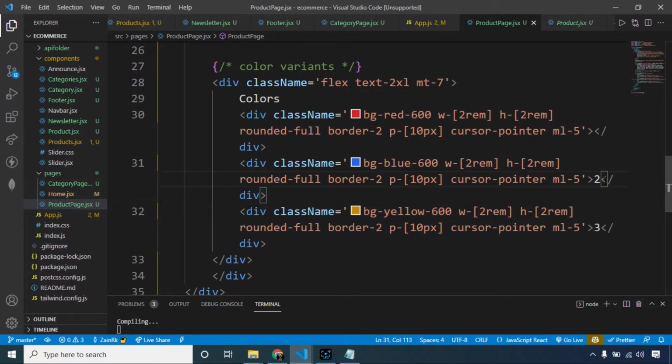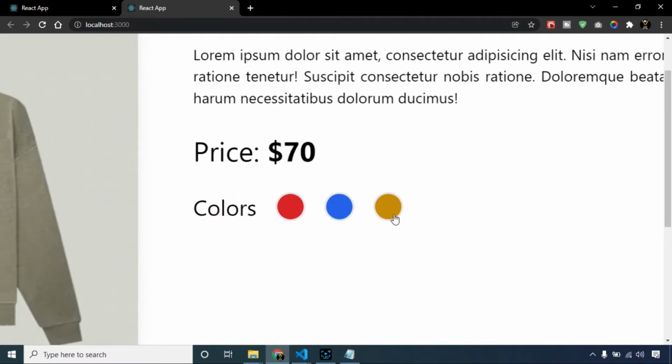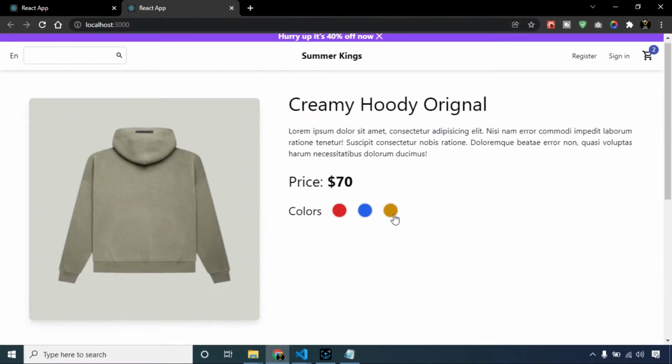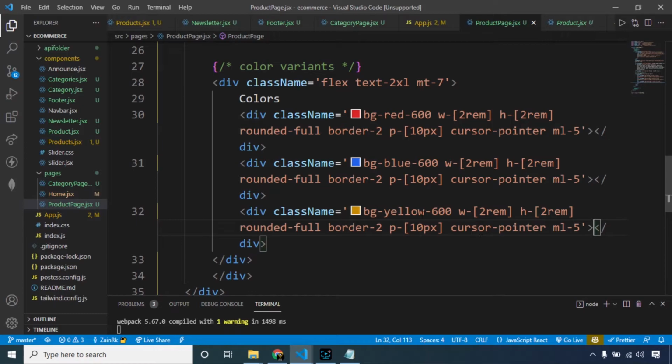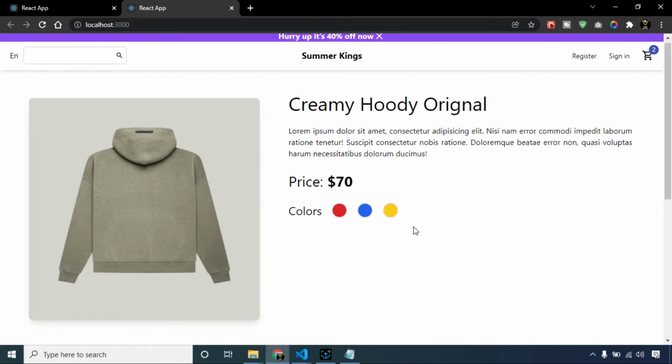And I should also remove this counting 2 and 3. Save this. And this is the result. These colors are not too bright. So to have a bright color, I have some values like this, yellow should be 400. And now they all are looking bright.